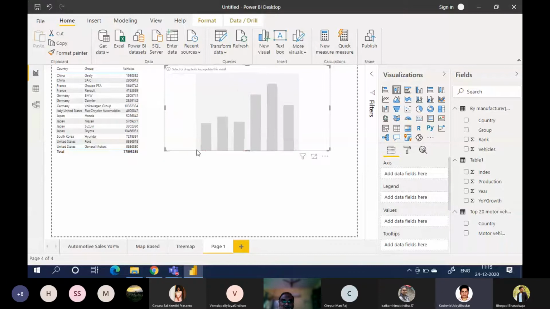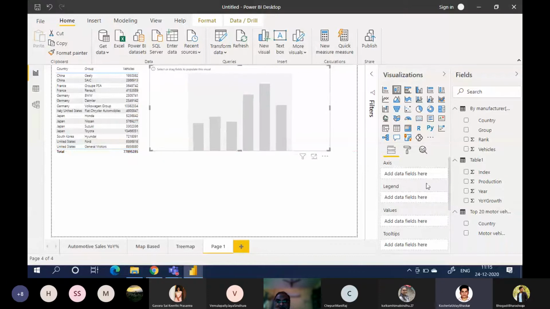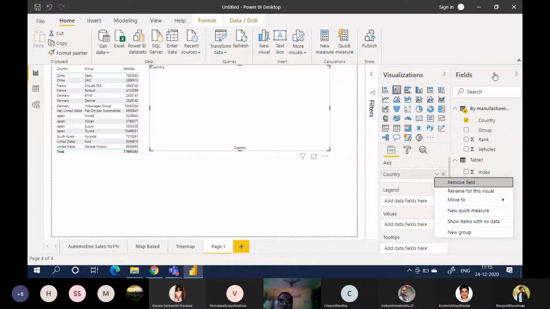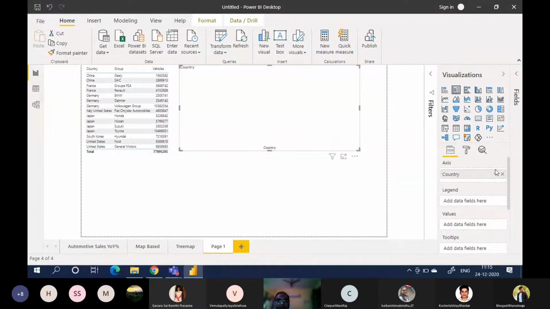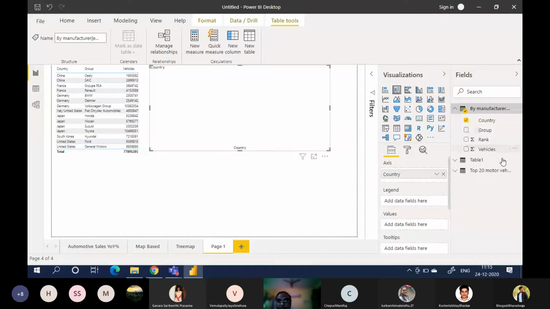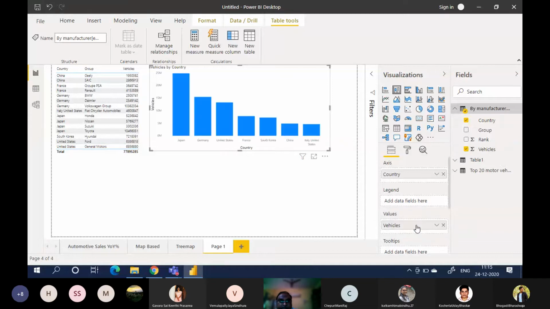So what should I do? Axis is what? Country. Axis is country, and then vehicles is values, right?